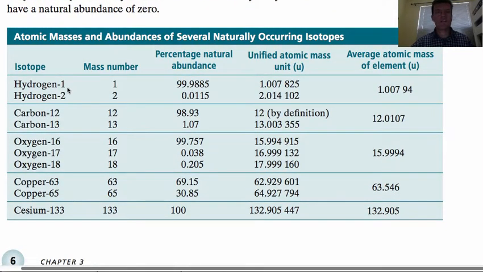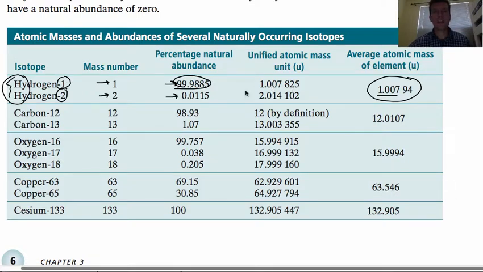Okay, let's just walk through this quickly. Here are 2 isotopes of hydrogen, showing you the mass number and what percent of all the hydrogen is made up of those particular isotopes. Okay, so this number is the average atomic mass of hydrogen. Well, you notice how close it is to 1. That must mean there must be very little hydrogen 2 in the world and hardly any at all hydrogen 3, because you can see 99.9% of all the hydrogen in the world is hydrogen 1,